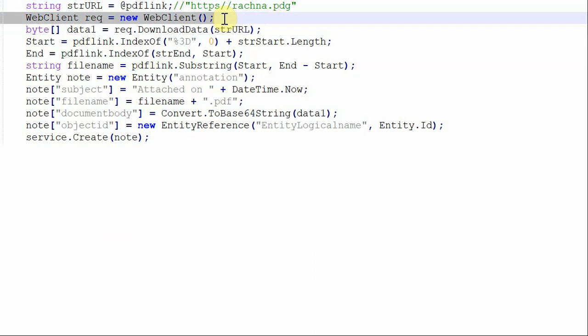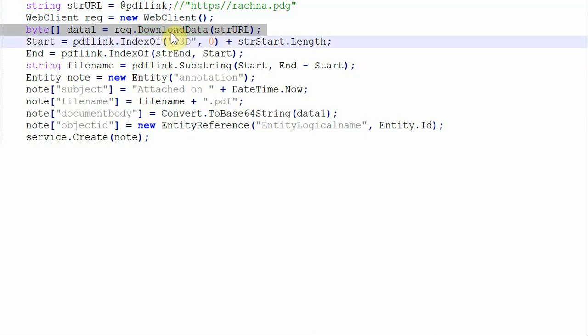Then simply use the web client object's request or download data method. This is a very important factor which I'm going to tell you here. You just need to pass the string URL, and you need to get that data in byte format, otherwise you will again face some problem. So pass it as byte data using the download data method with the string URL.